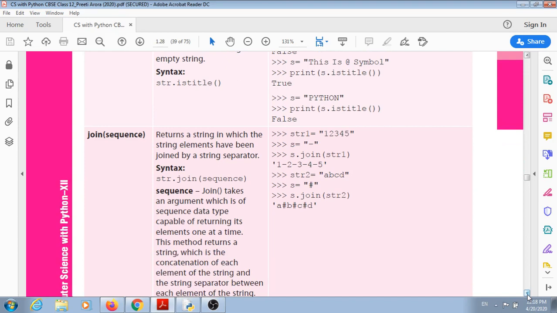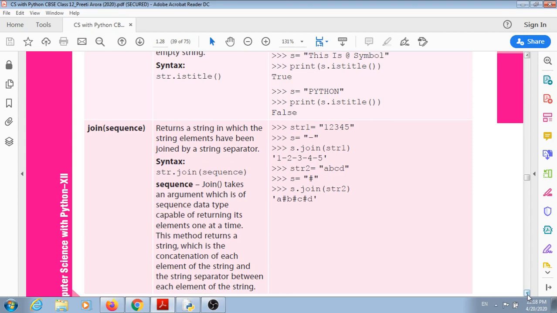Now next one is join. Returns a string in which the string elements have been joined by a string separator. Separator means any special character which is used as the separator. You can see that there is a string given as str1, 1 2 3 4 5, and s is equal to hyphen.